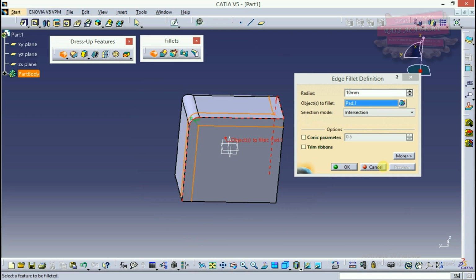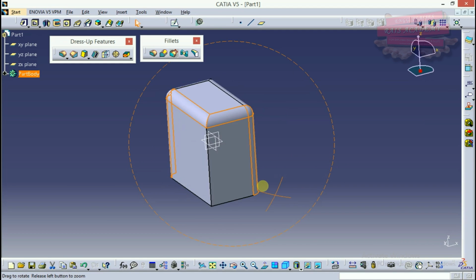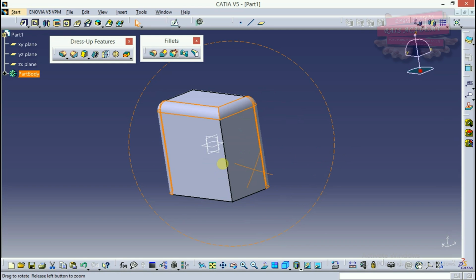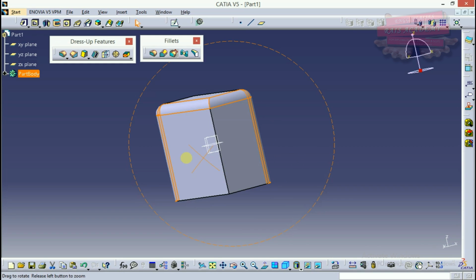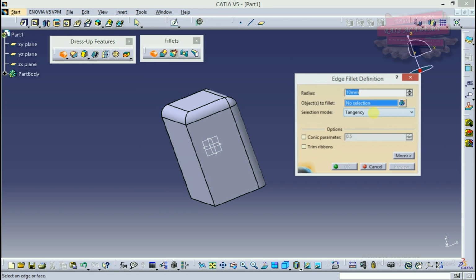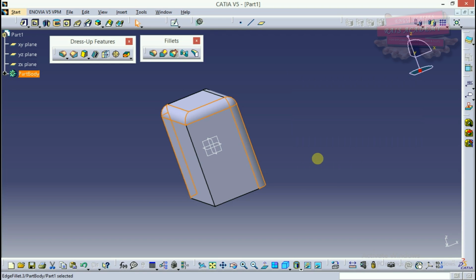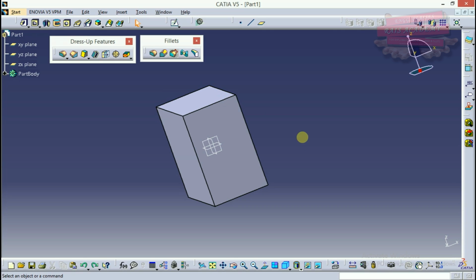Preview. Now what you have got here is the fillet. In this way you can select different types of selection modes and you can draw your fillet. So I'll click on cancel and I'll press Control Z.